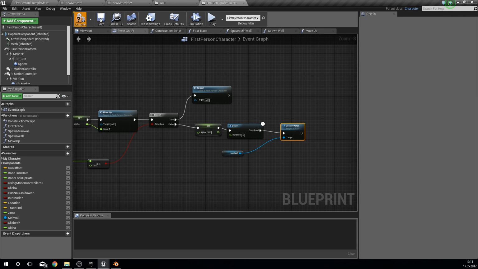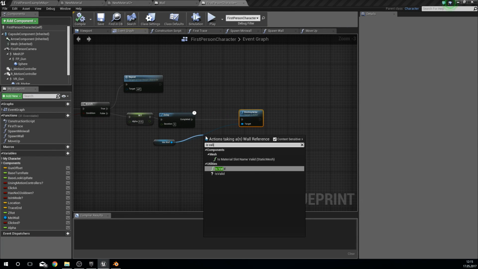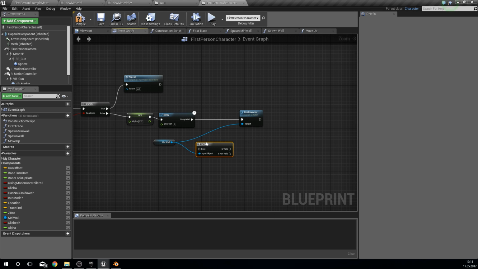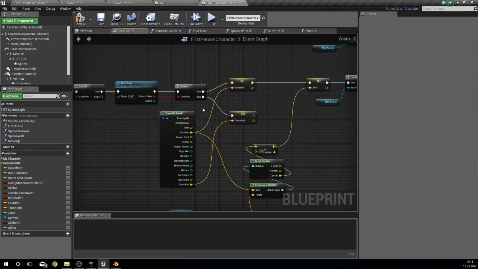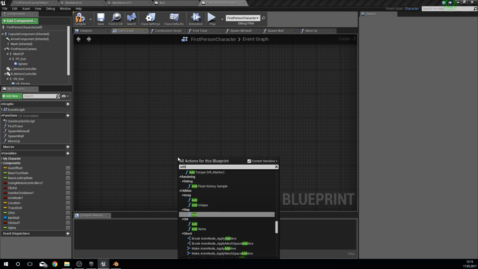Like this. But before we do this, let's just add an is valid, like always. Sorry, is valid. Put it in. If it's valid, then we go there. So now the last thing we have to do is here, if we're hitting nothing, we want to go to